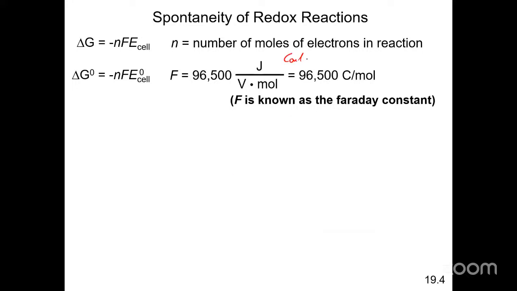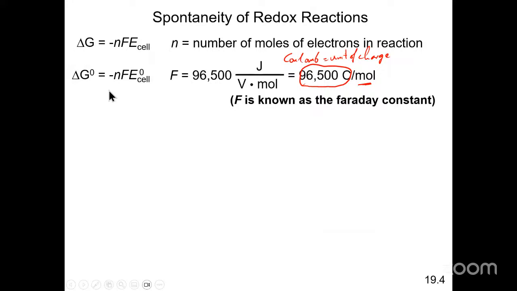Coulomb is basically a unit of charge. Faraday's constant represents the amount of charge that is carried by 1 mole of electrons. So 1 mole of electrons would carry a total charge of 96,500 coulombs. So this is the equation which relates the free energy to the EMF of the cell,